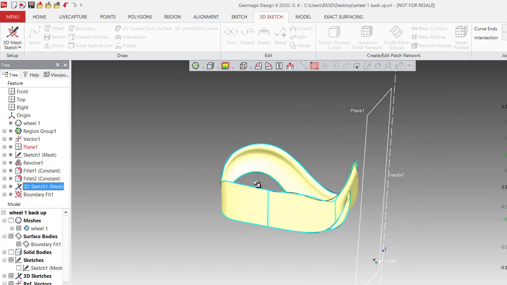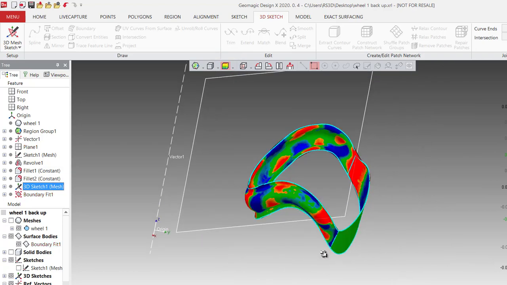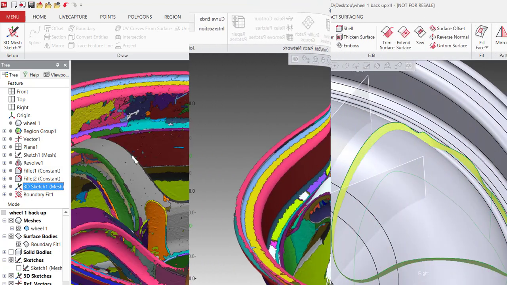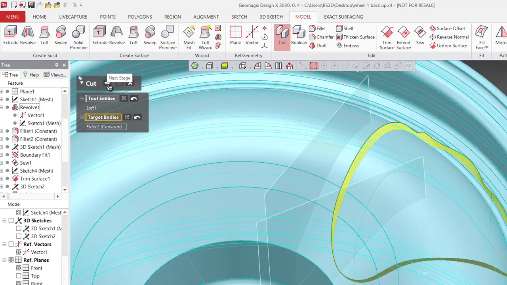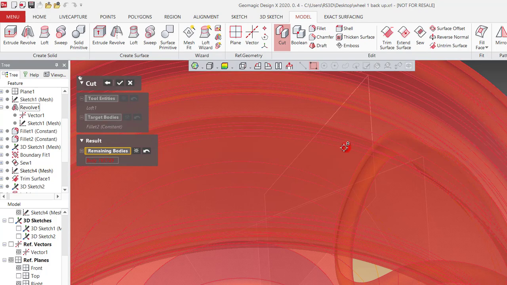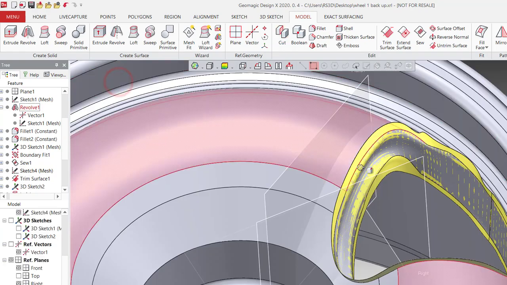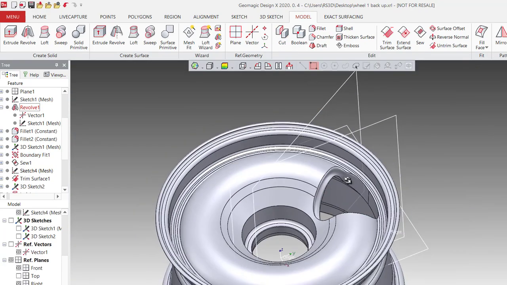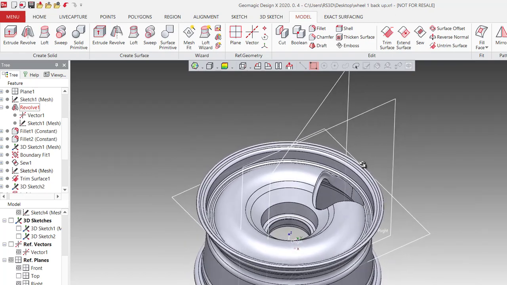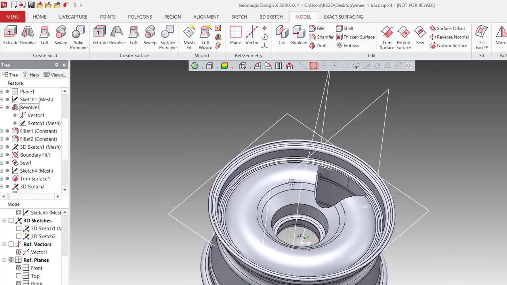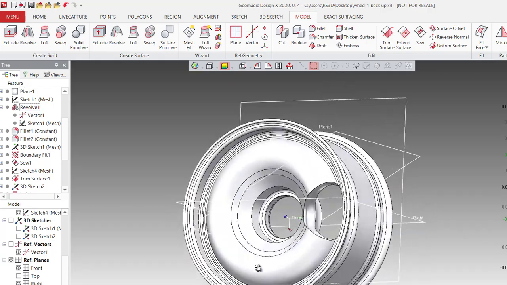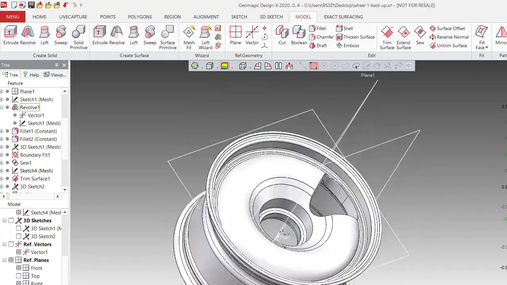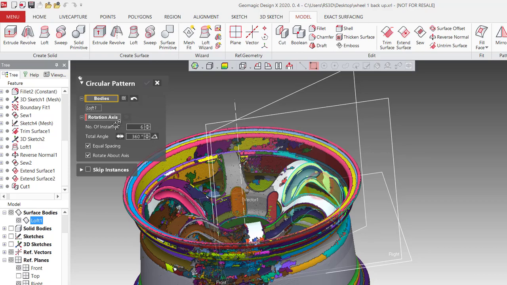Once it's completed, it perfectly gives me the internal shape of it. The next thing I did is extend the edges. Once I extend the edges, it creates the surface, and I use that surface to cut the inside of the pocket. And the next thing I created is a circular pattern